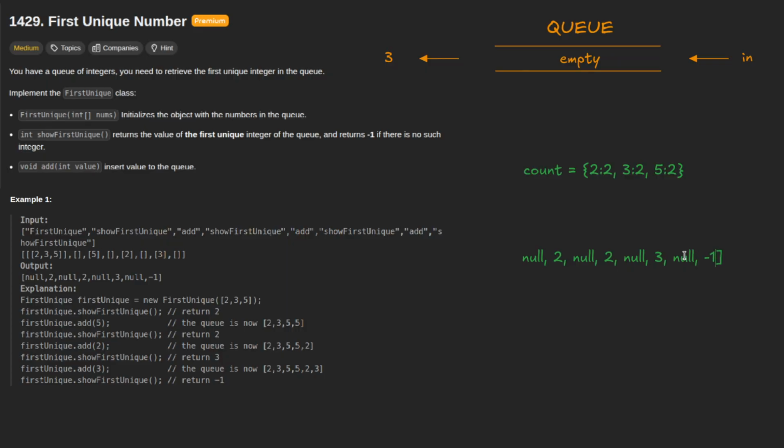So this will become our answer, right? Now let us analyze the space and time complexity here. The space complexity here will be order of n for storing Q, and the time complexity here will be order of n to traverse through all the Q, right? But